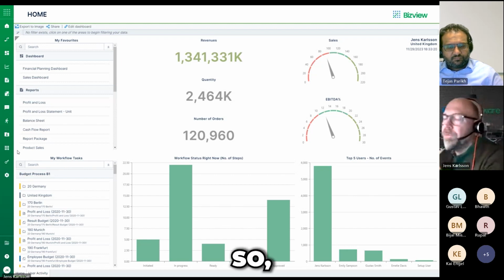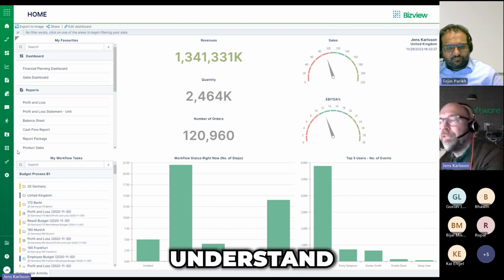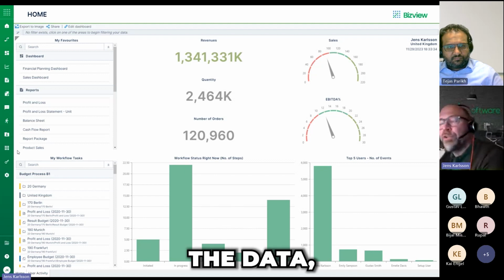So, first of all, there is an implementation of Visio, so we will have a scoping call and a workshop with you to understand the needs you have, and then fill Visio up, of course, with your integrations and the data, but also the content. So what you see today is the standard things that almost all users,